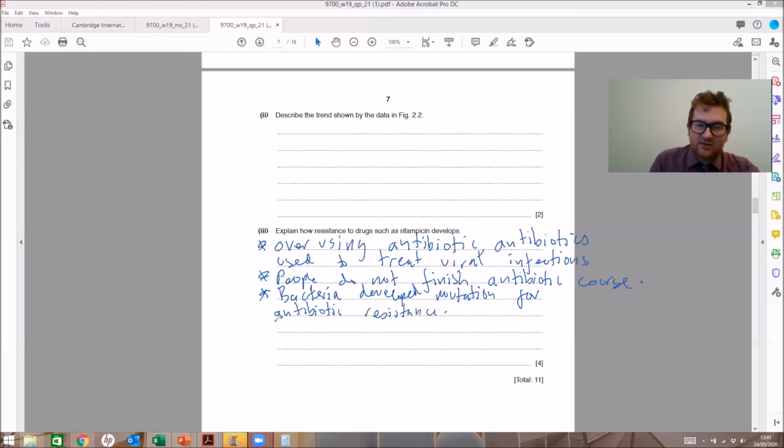This would effectively be a selection pressure. And like all of the things that we mentioned in natural selection, the idea is